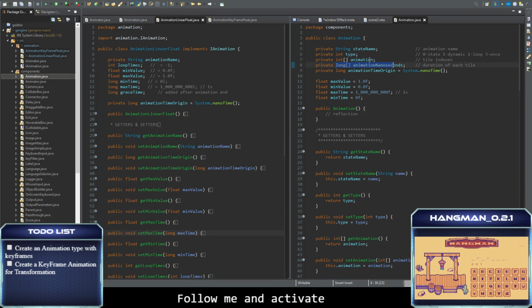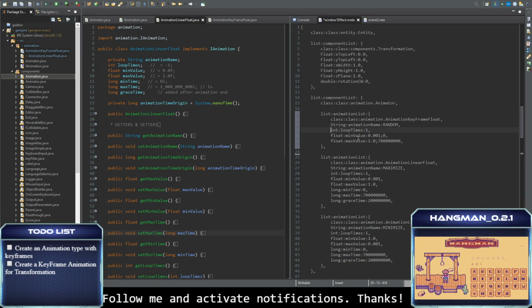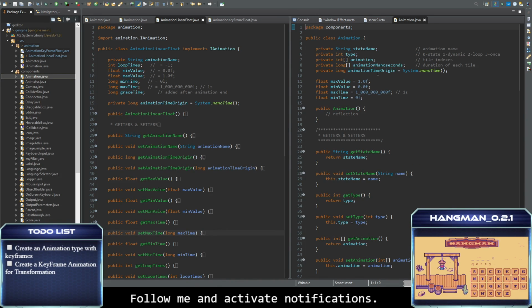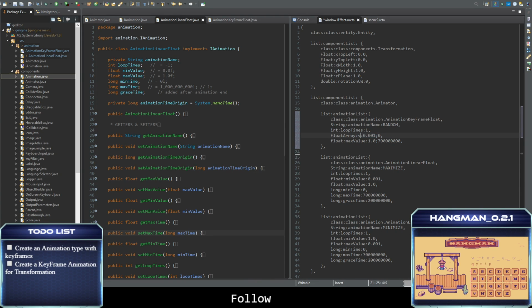So in the past, in the keyframes, it was already created using a float array with the values. Let me use the same name. It was animation nanoseconds. Okay, let me use a new name. So it could be the keyframes. These are the values, because in the future we have two values from 0.001 to 1.0,